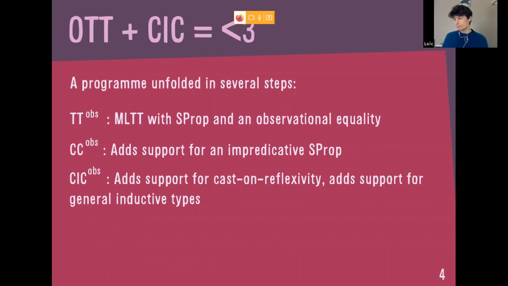So this has been going on for a while, and with my co-author, we have developed several formal systems that get every time a bit closer to an actual observational Coq proof assistant. And the last iteration that incorporates pretty much all of the ingredients is what I'm going to talk about today.